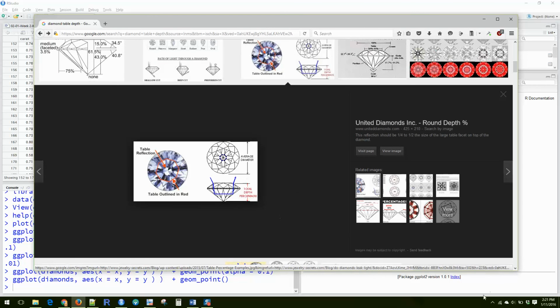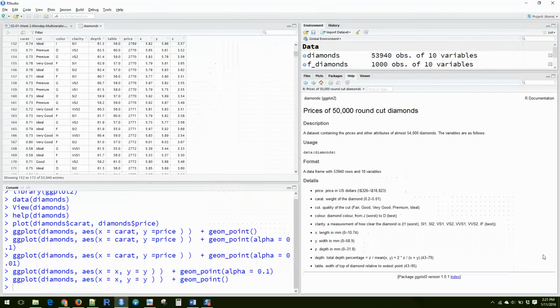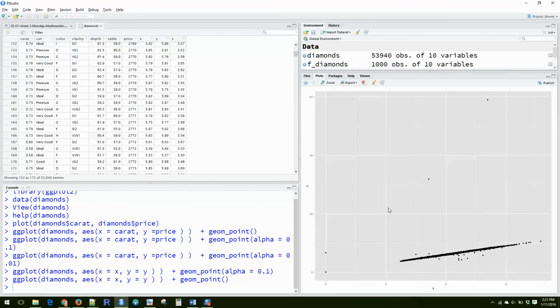But basically, if you're thinking of cutting a circle, somebody's got to cut this circle. You want your length and your width to be about the same. Otherwise, it's not a very good circle. So it makes sense that you see this very straight line relationship, because as the width increases, you're expecting the length to increase if you're talking about the dimensions of a circle. Whereas if I changed it to z, the depth,